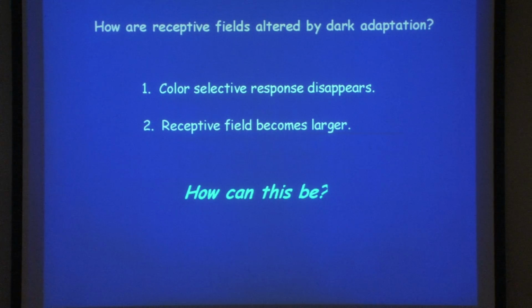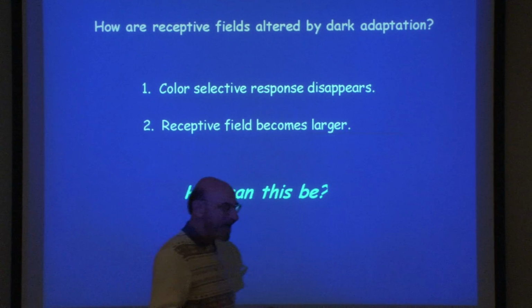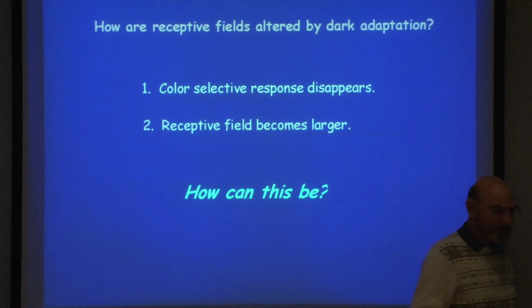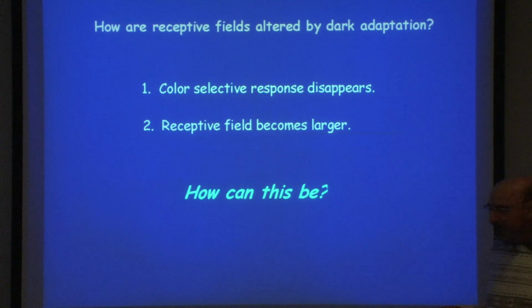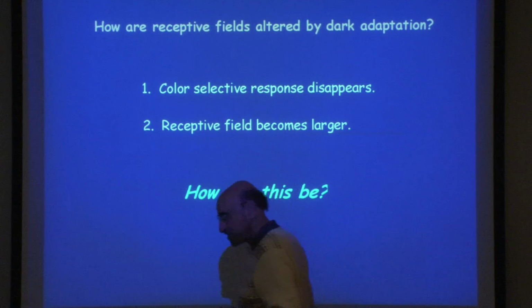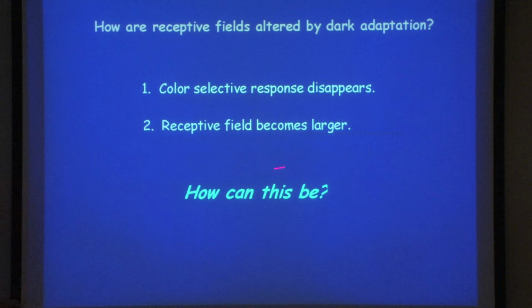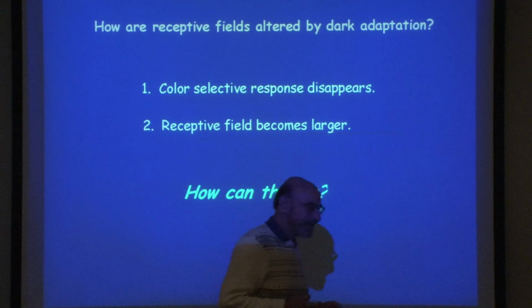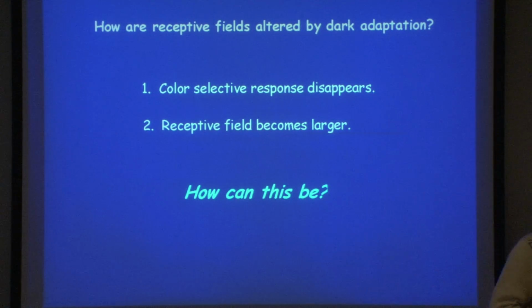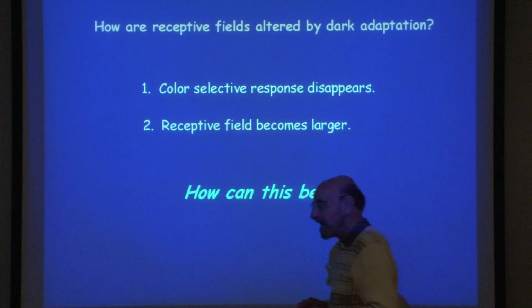Okay, so the big question is, what on earth is happening? What kind of wiring is taking place, or what kind of connections are created to create these two things? Now, the second one is the one that's a big puzzle. The first one we can understand because it's been shown that rods are only one type and that they don't carry color information. Now, to study this further, way back when, in the 1870s, 1880s, Cajal did a large number